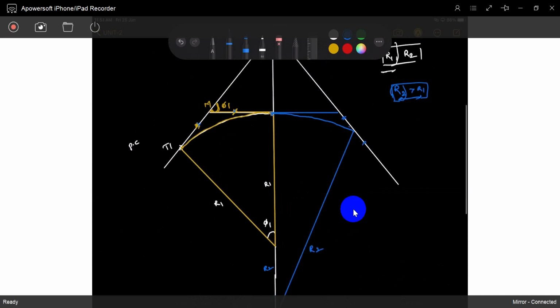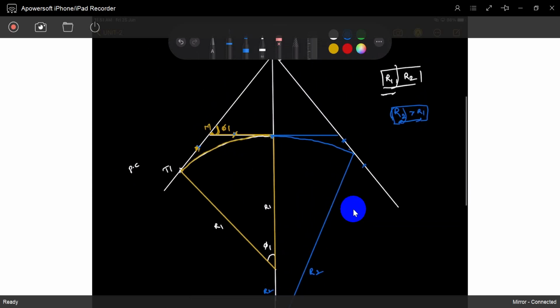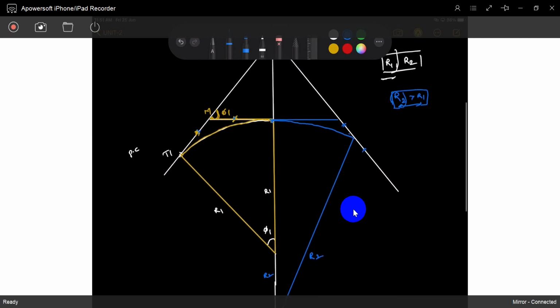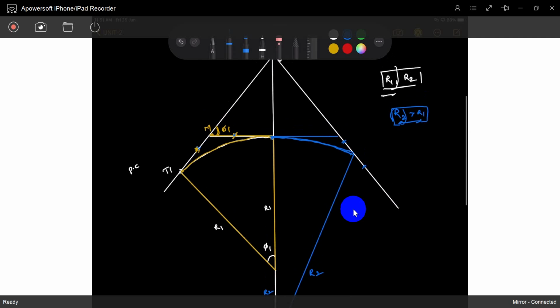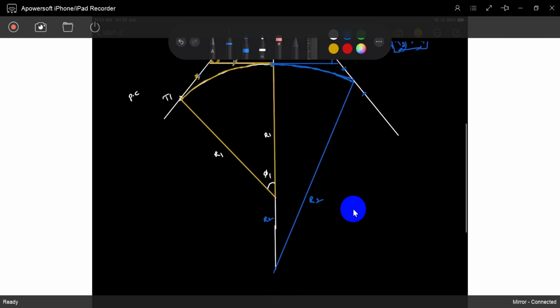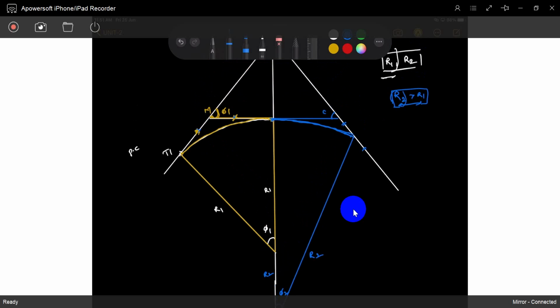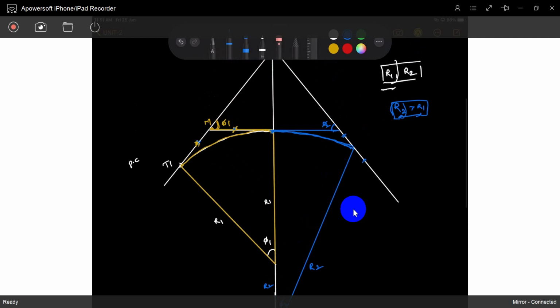Okay, see it, something like this. See, this is R2. Based on the R2, we draw a triangle. We draw a curve from this position to this position. So observe it. This is also a deflection angle. So this deflection angle is some phi 2. This is the same, observe it. This is also one simple curve. So the right part is also a simple curve.